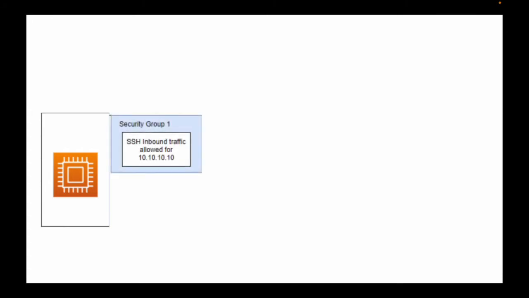So first, let's take for example, we have an EC2 server and we are going to attach a security group 1. And for this security group, we are allowing only SSH inbound traffic access. So inbound is nothing but us getting into the EC2 server. As a user, when we try to access the EC2 server, that's inbound traffic for EC2. And we've allowed the IP address only 10.10.10.10. So only if the user's IP is 10.10.10.10, he'll be allowed to go into the EC2 instance, okay, with security